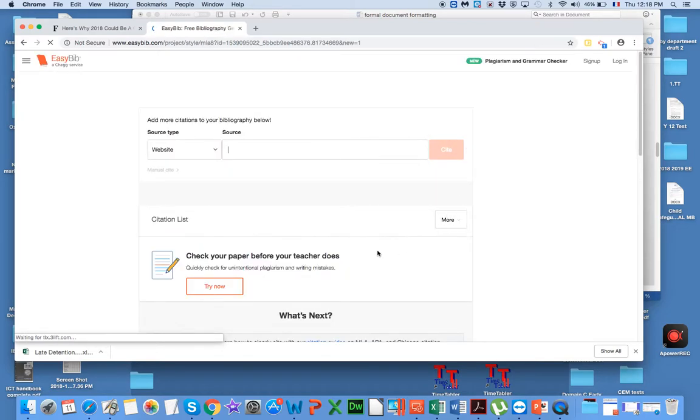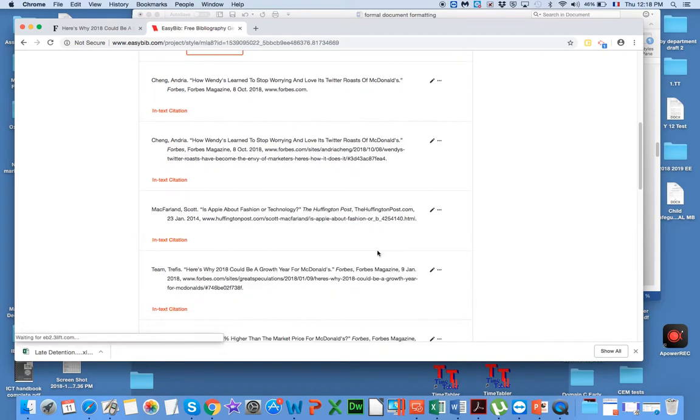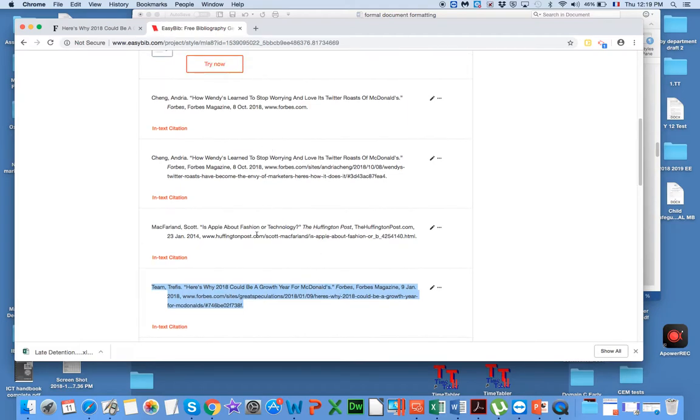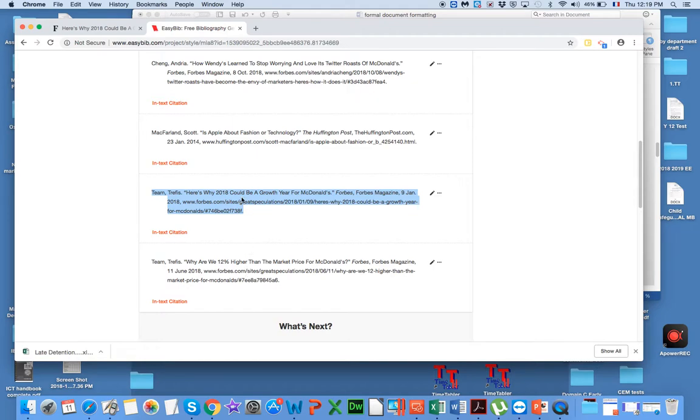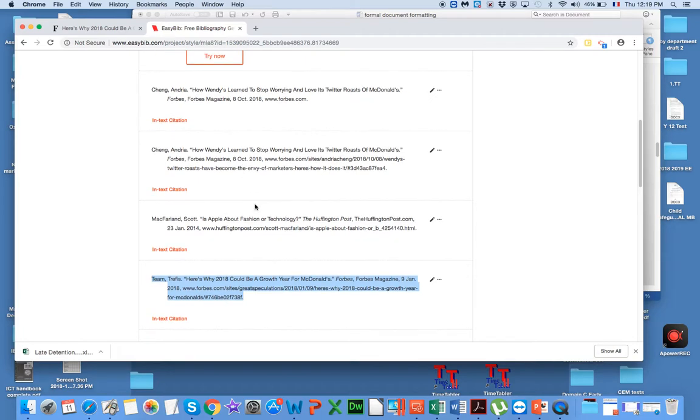The citation is generated. Okay, and here I find my citation. Team Trefis, here's why 2018 could be a growth year for McDonald's. Notice that I have lots of different citations in my list. That's because I just keep my EasyBib tab open. Okay, so you can create lots of different ones and then you can come back and copy them all across when you're ready. So I'm going to pick this one up, okay, and I'm going to copy, Command and C to copy,